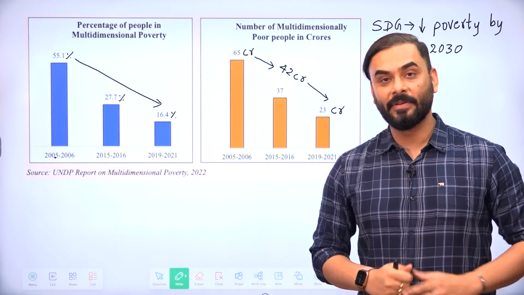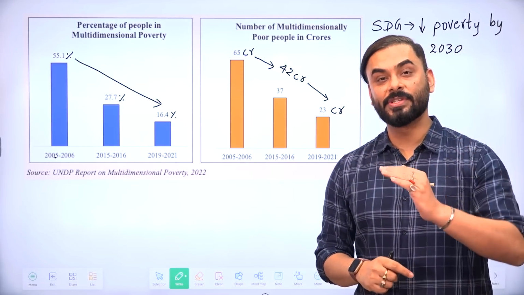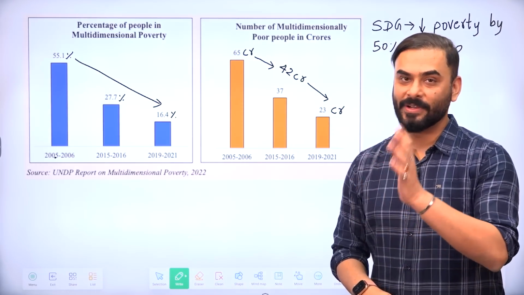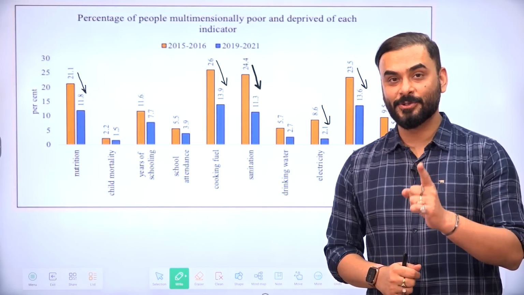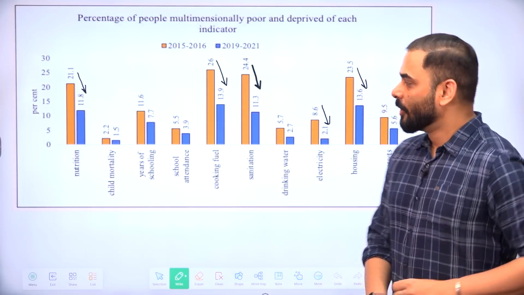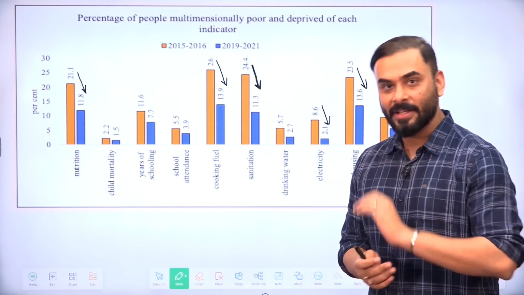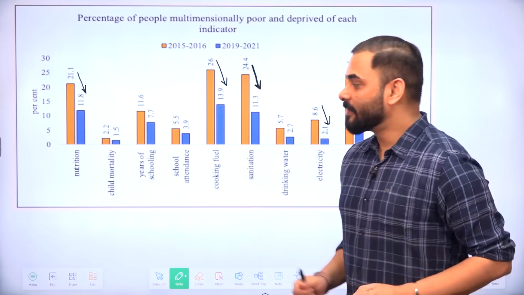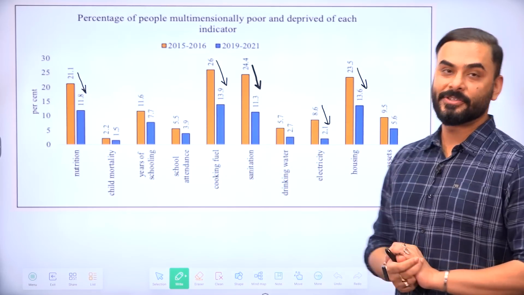One of the sustainable development goals says that by the year 2030, a country should reduce its poverty by 50%. And India is on its way to achieve that target. So guys, remember, we discussed that there are 10 indicators to measure multidimensional poverty. So let us see in which indicator India has done much better and in which indicator there is a scope to improve. So Economic Survey says that India has been able to perform good in all the 10 indicators,